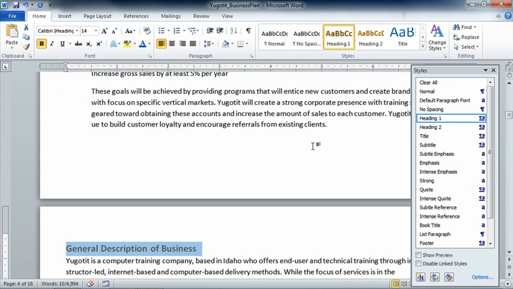You now have those basic skills related to styles, and even if you did nothing more, this is going to save you a lot of time and also make sure that your documents are